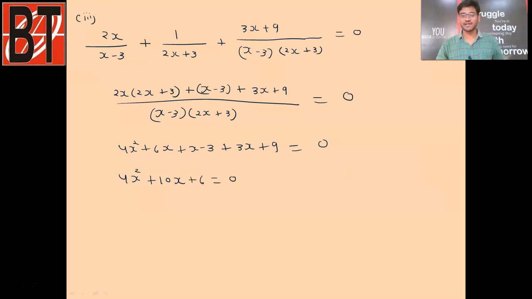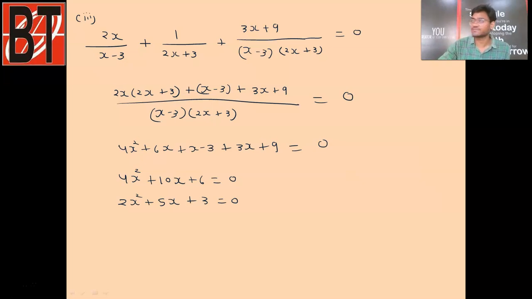Now students, you can check again, 2 can be taken common and it will be shifted to the denominator of 0. So yes, we will have 2x square plus 5x plus 3 is equal to 0. You can understand it this way: I just divided both sides of the equation by 2. So students, now we have the standard form quadratic equation. Now we have to just split the plus 5x so that we will be getting the product as plus 6. So it's very simple, I guess.